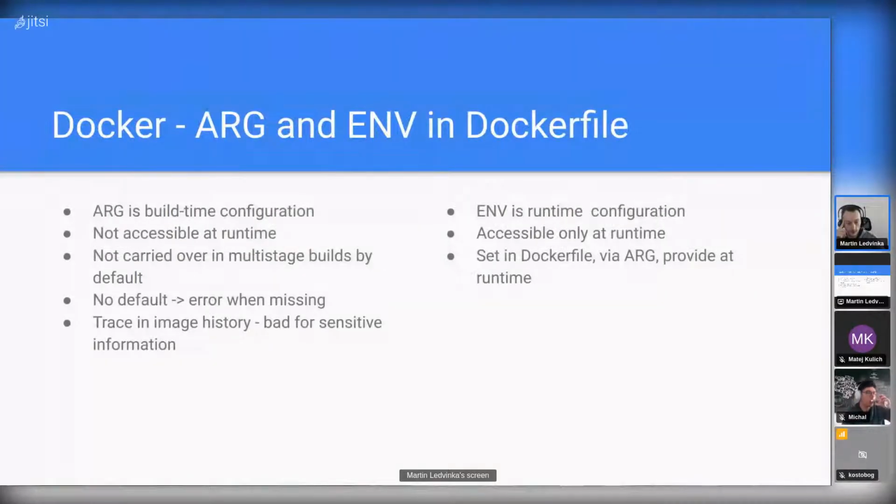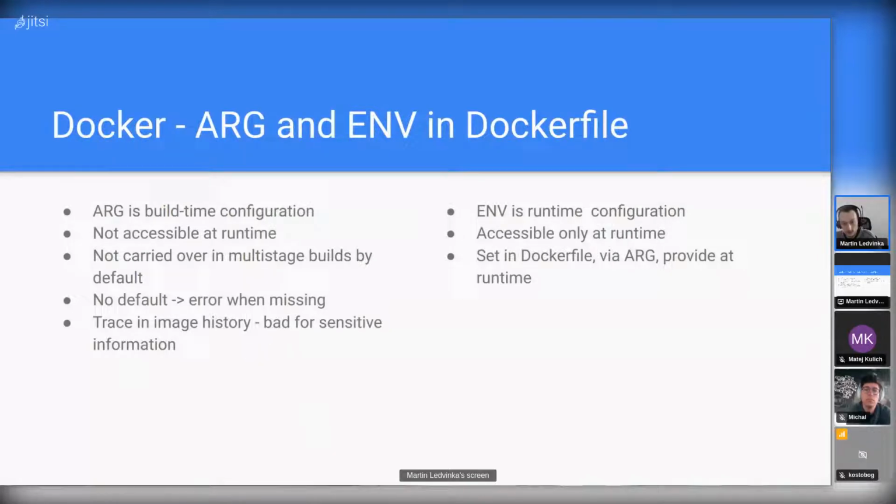So if you define an argument in one stage of the build, it will not be visible in the next stage unless you tell Docker to do it. Also, if you don't provide default values for arguments and do not provide the value itself, then Docker will complain and the build will fail. And arguments are visible in the image history, so you shouldn't use passwords or anything like that